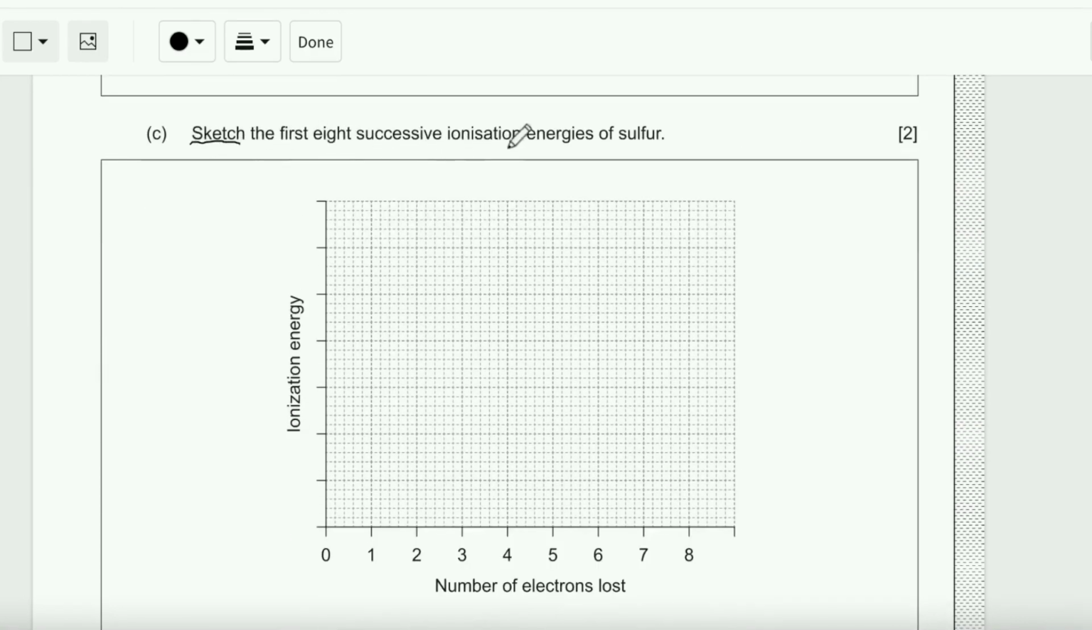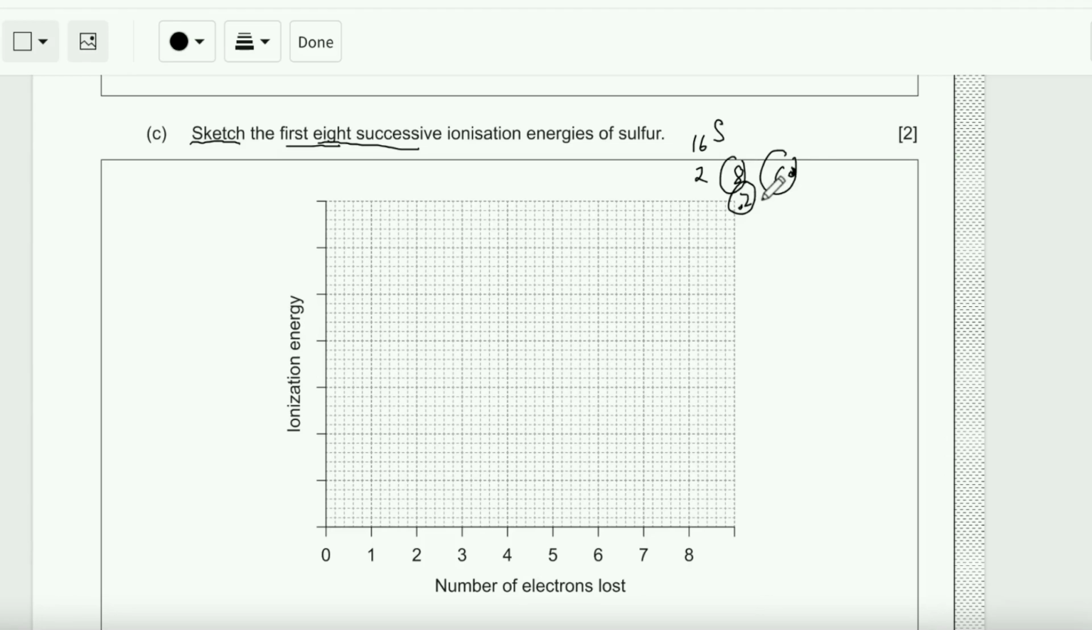Sketch the first 8 successive ionization energies of sulfur. Sulfur has 16 electrons, so 2, 8, and 6. Valence electrons are 6 on the last shell and 8 on the second shell. Ionization energy is the energy required to remove the electrons. First 8 means we need to take 2 from the second shell. The 6 electrons on the last shell will be easier to remove, but the second shell will be a little bit difficult